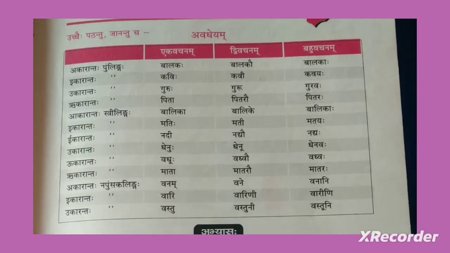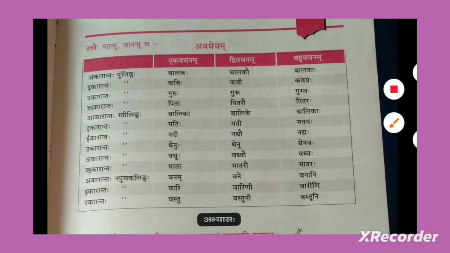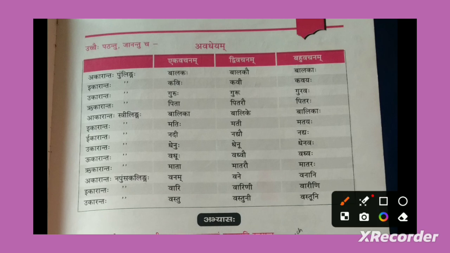See here, they have only given you the forms. All these are the Pullinga forms, that means male gender. Balakaha means boy. Boy is a male gender, right? Kavihi, poet. Poet is a male gender. Guruhu, teacher, male gender. Pita, father, male gender. So all these are male gender forms. You need not go to ashtadhyayi.com or sanskritabhyas.in and search. They have only given you